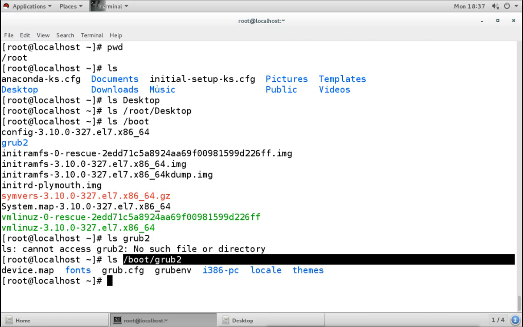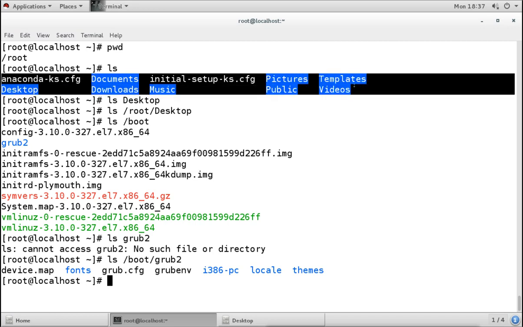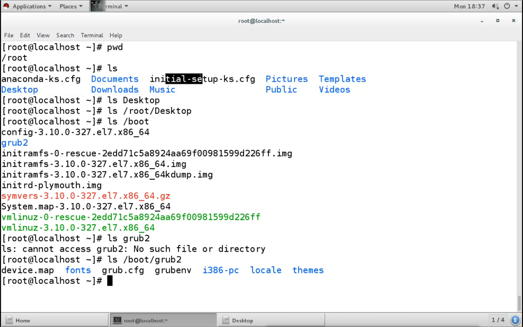The local path you can use only when you are in the same directory and the files and directories are under that same directory. Like I am under root, and under root we have these files and directories, and if I want to do anything with them, then I can use the local path. I can directly use the name. If I want to edit this file, I can use a command and the name of the file directly. I don't have to give any path. But if I want to edit these files, then I have to give the absolute path, with /boot and then the file name.